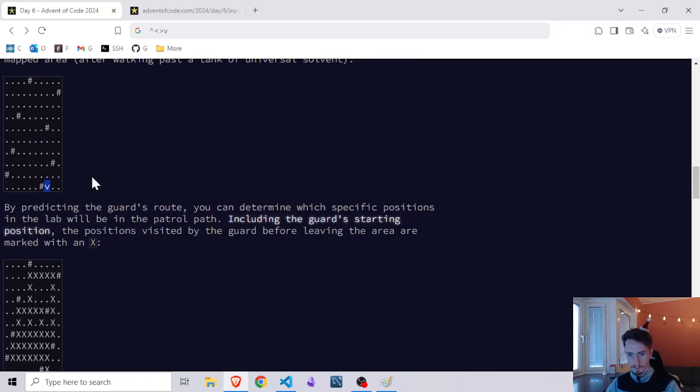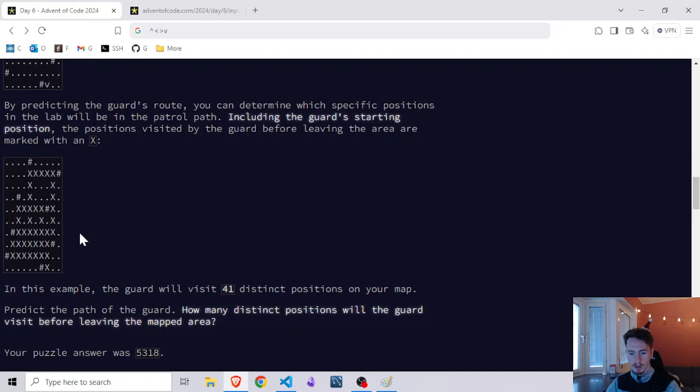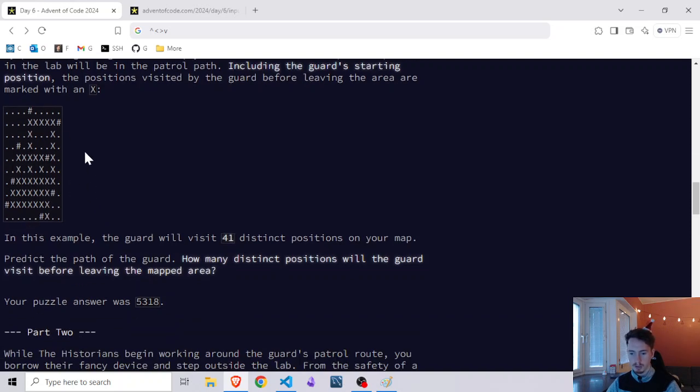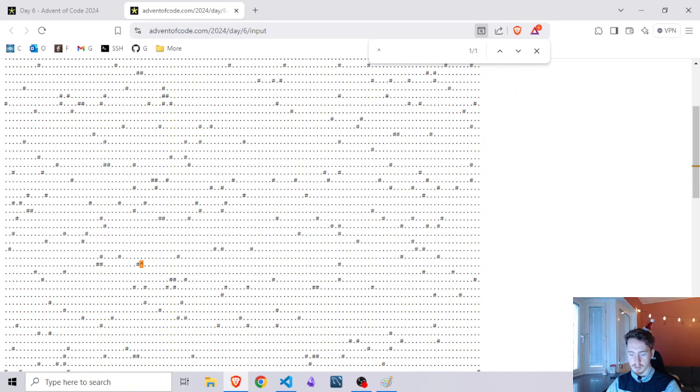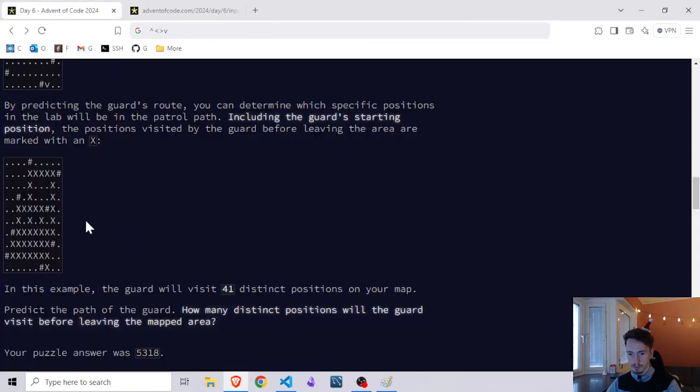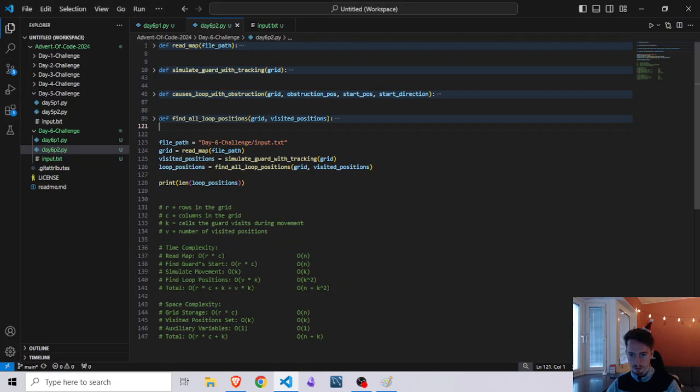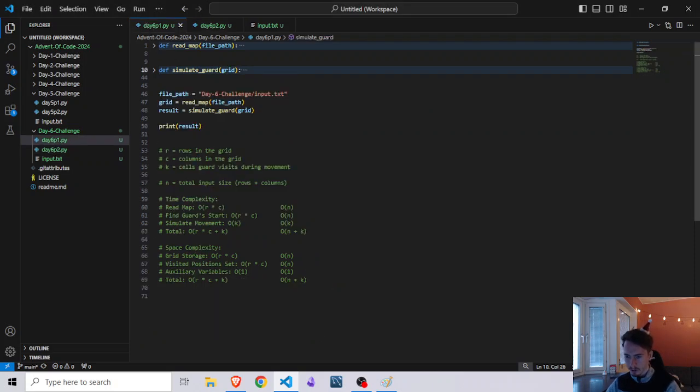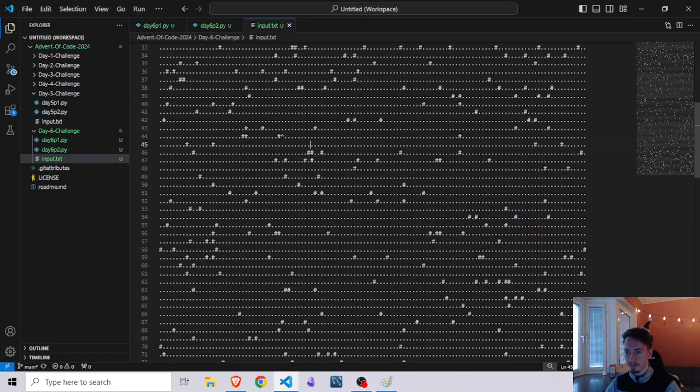We don't have to move the guard anymore, but we now have to calculate how many spaces the guard has visited. In this example, they mark every space that the guard visited with an X, and then eventually here we can see that it escaped from this move, and then we just have to count how many spaces the guard has even seen while it moved. And in this case there's 41 distinct ones, and we have to take the entire puzzle input and calculate this. So if we do this in Python, I've taken the input and I've put it in a